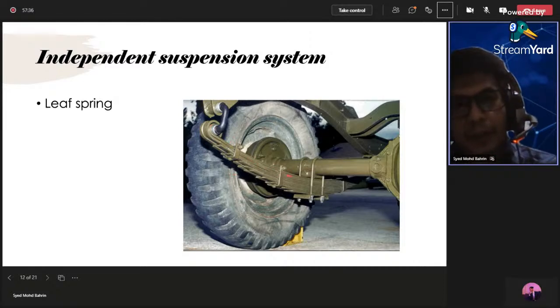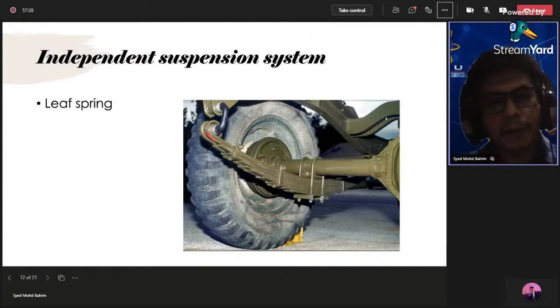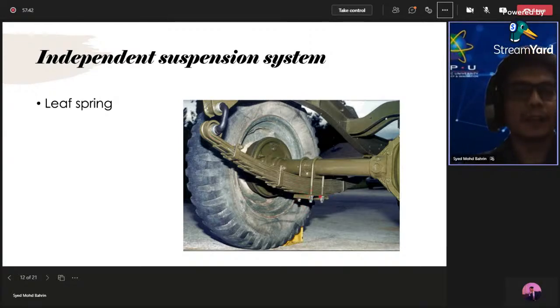The longest one here, this is what we call master spring. The one at the bottom, the shortest one here, this is what we call DI. This is one of the examples of what I mentioned just now, the dependent suspension system. You see these two wheels here. The rear ones are connected by the axle, and the leaf spring here is connected to